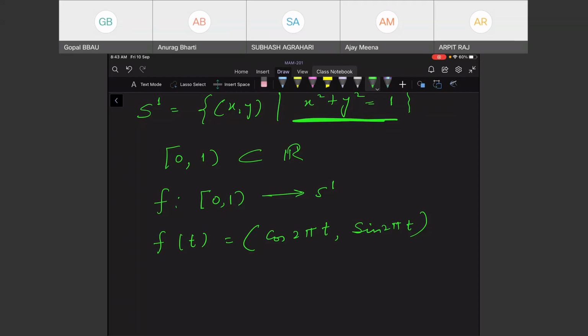अब ये जो 2 पाई t लिखा है क्योंकि 2 पाई एक पूरा 360 डिग्री का एंगल आता है। यहाँ पर 0 से 1 मेरा t जा रहा है तो मैं उसको 2 पाई से मल्टीप्लाई कर दूंगा। हमने स्केलिंग पढ़ी थी, 0, 1 को 0, 2 पाई में मैप करने वाला फंक्शन 2 पाई t है। This is not a tough thing, so I will skip this part. ये वाला आप खुद देखिए कि हमने cos 2 pi t और sin 2 pi t क्यों लिखा है।